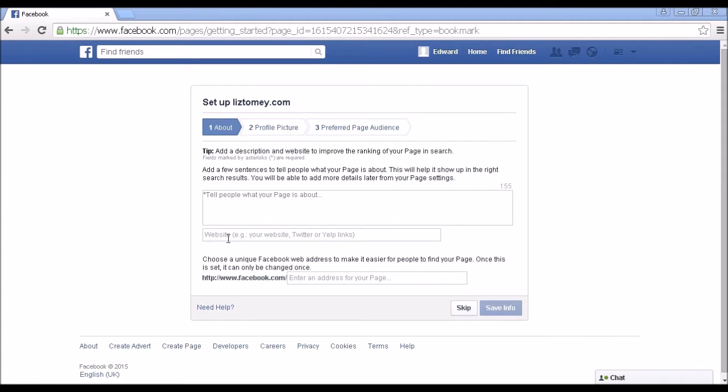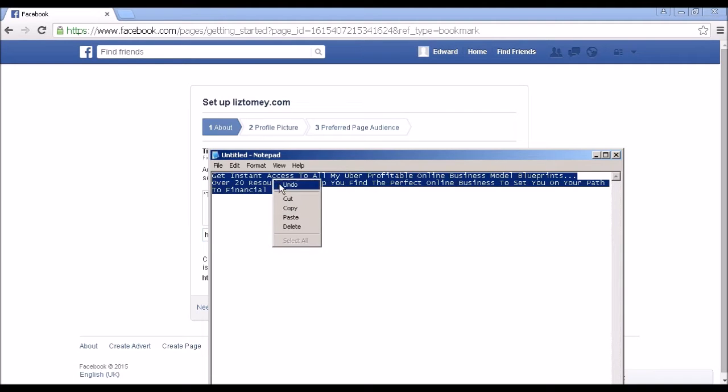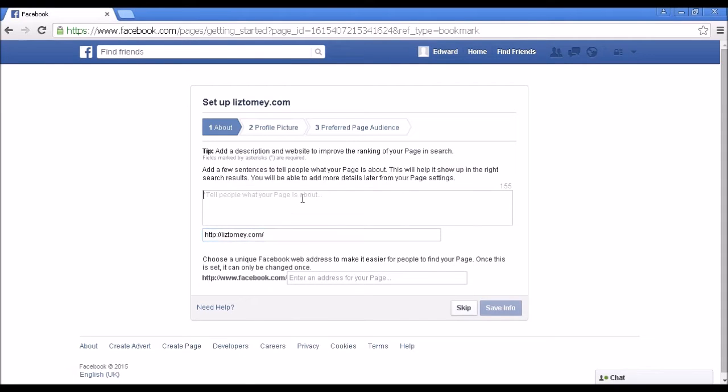And also you can put a link to your website here, and again it's a good idea to copy and paste it just so you don't get any misspelling. So let's do that first. And then I've written out a description, which I've got here in Notepad, so I'm just going to copy and paste that in. Control and select all, and then copy,